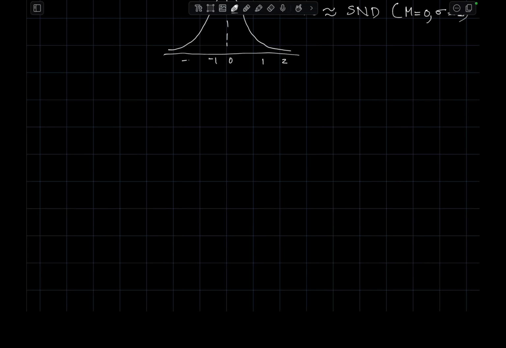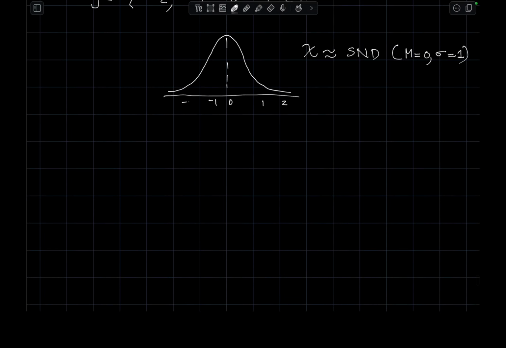I guess it will take another 45 minutes to cover. We have three more distributions, and then we have to also cover the central limit theorem. Yeah. Anyway,